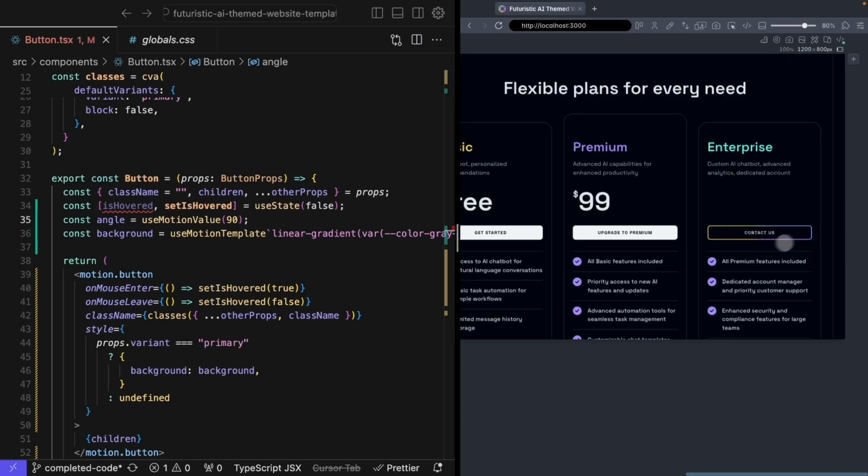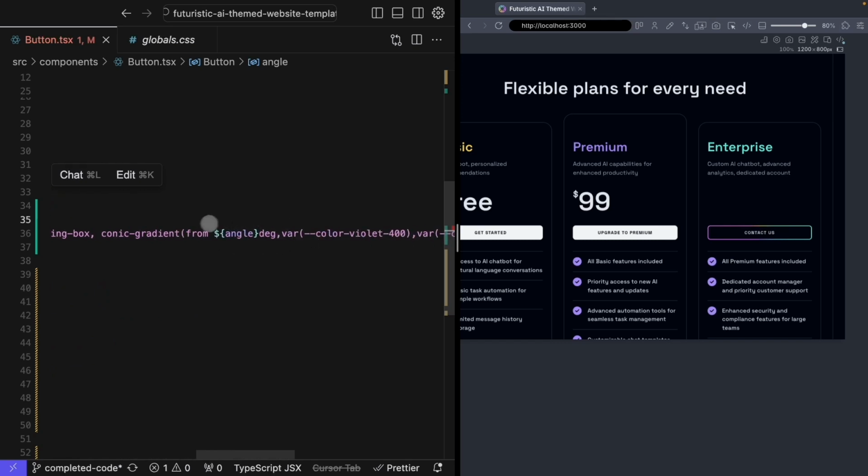So yes, it does look different. We see that fuchsia is now right at the bottom. And if we set this to, let's say, 180 degrees, we should see that button continue to change along with that motion value. So I'm gonna go ahead and refresh this one more time and see if we see a change. And yes, now our fuchsia gradient is over here in this corner. So we know that this is working. This motion template is taking this motion value and inserting this and changing our conic gradient based on the angle